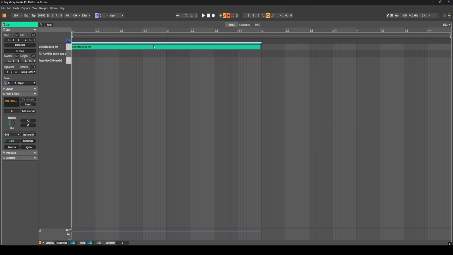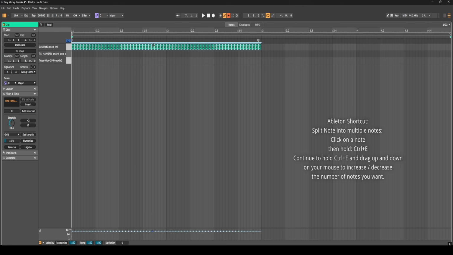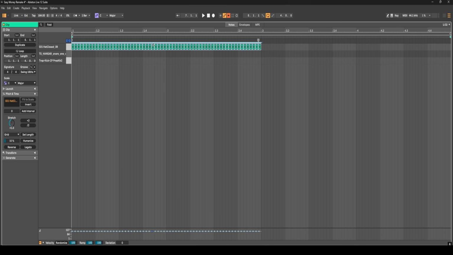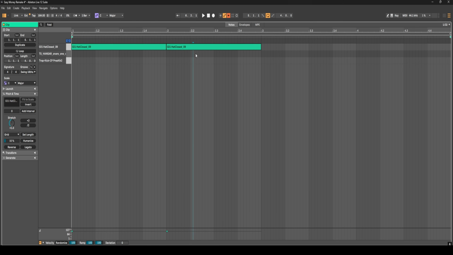Then I'm gonna hold Control and E, and you'll notice now that my note has been divided into many little notes. If I let go, that's how it is now. If I hold down Control E again and I drag down my mouse a little bit, I can choose how much it's going to divide up. So right off the jump, I can make it 2 big notes. I could then go to this section and make this with Control E